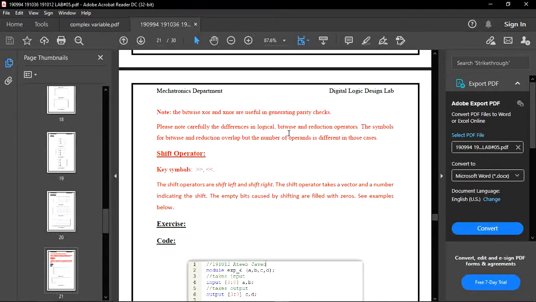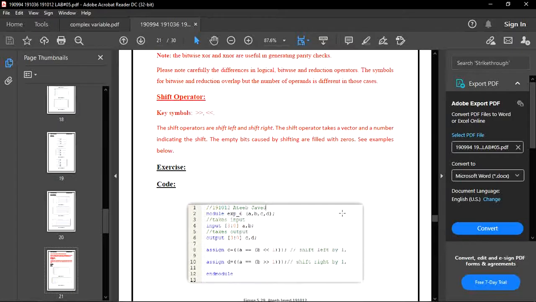The symbols for bitwise and reduction overlap, meaning they are somehow equal, but the number of operands is different in those cases.